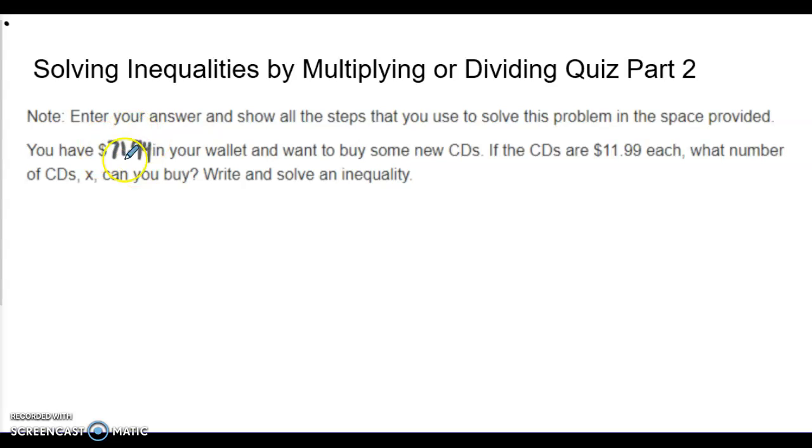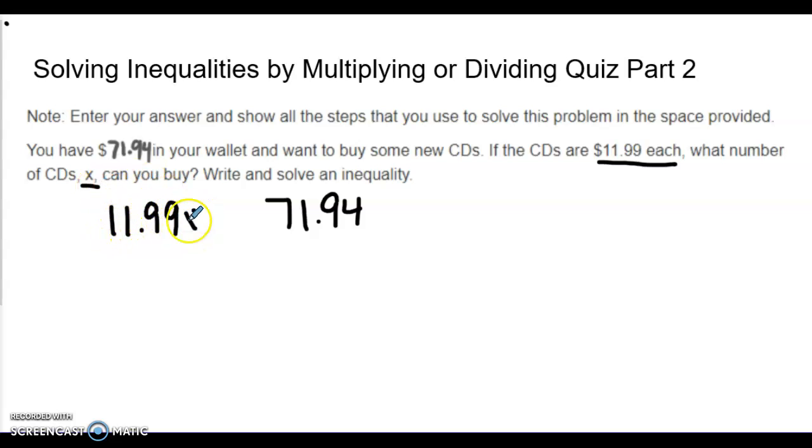So we know our total. We have $71.94. I like to put that right there. And then we can't put an equal sign here. Usually something equals the total. But in this case, we want to know how many CDs we can buy. And each CD is $11.99. And it says that we're going to give the letter X to CD. So